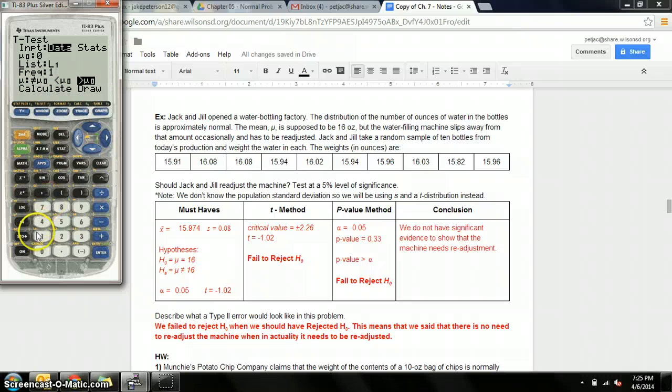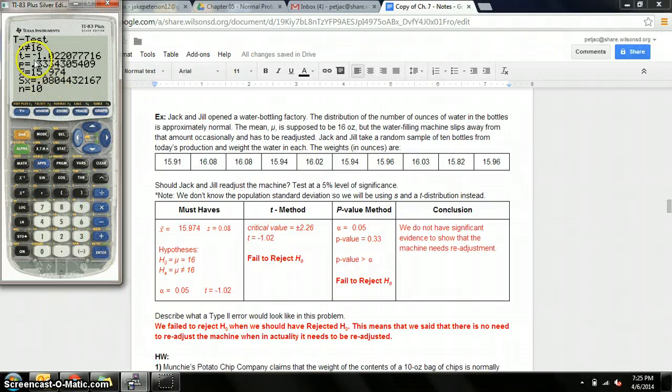So our mean sub 0 is 16, because that's what we're comparing it to here, right? Our list, we have our data that we just entered in. I put mine in L1. Just make sure you always check that. Frequency we can keep as 1, and then we enter in what our alternate hypothesis says. So ours says not equal to 16, or not equal to the mean sub 0. Okay. So we go to calculate,